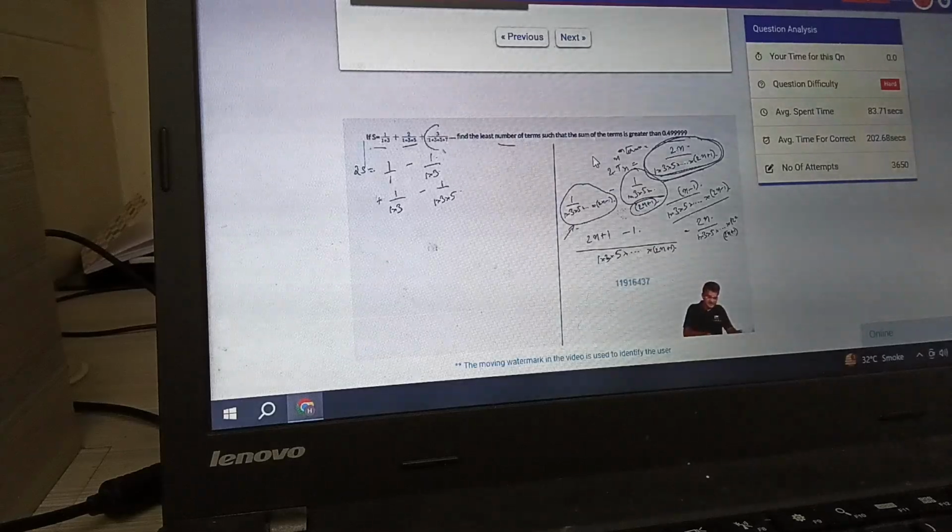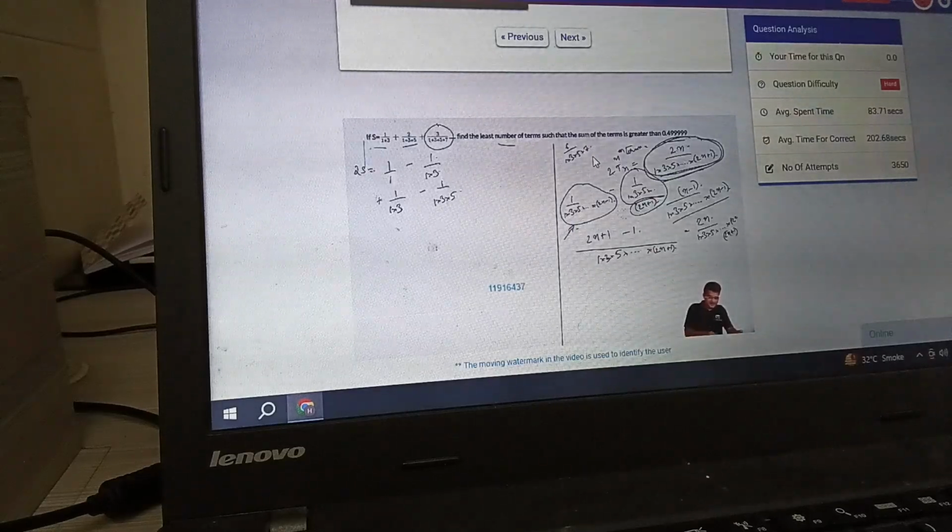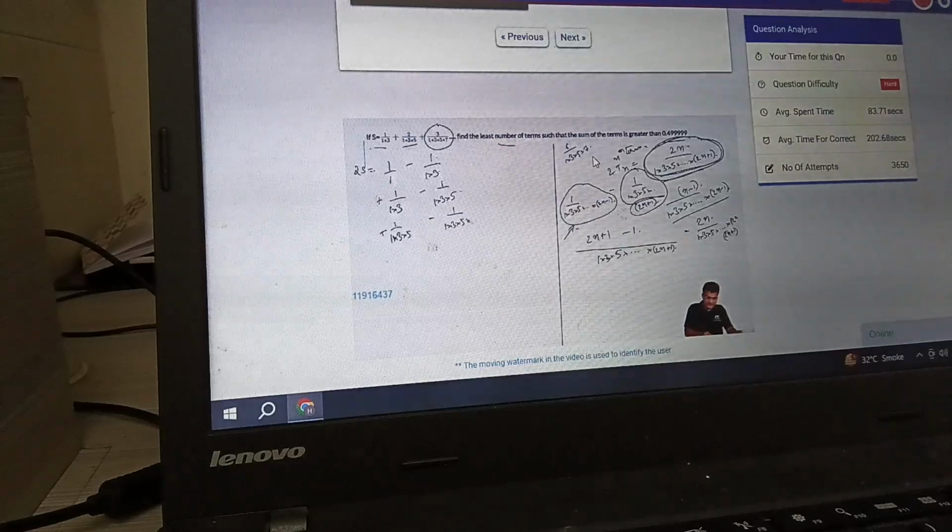Similarly, 2 times the third term, that is 6 by 1 into 3 into 5 into 7, can be written as plus 1 by 1 into 3 into 5 minus 1 by 1 into 3 into 5 into 7, and